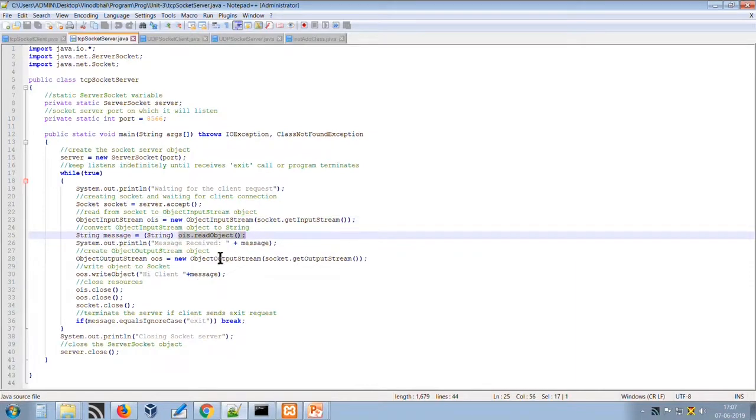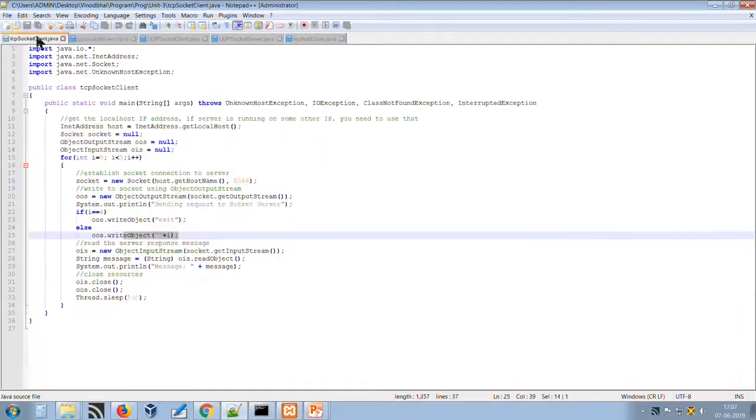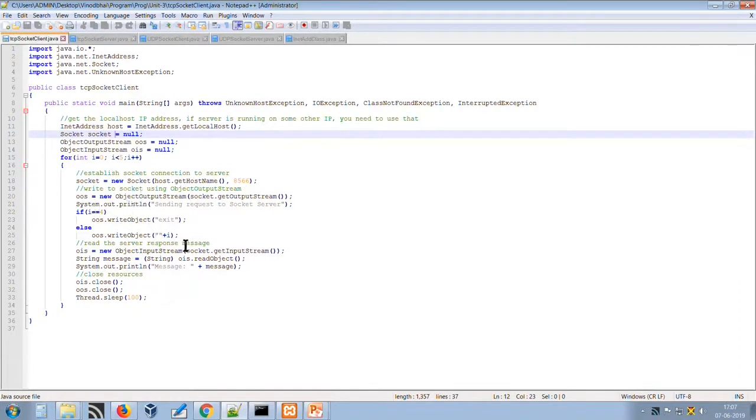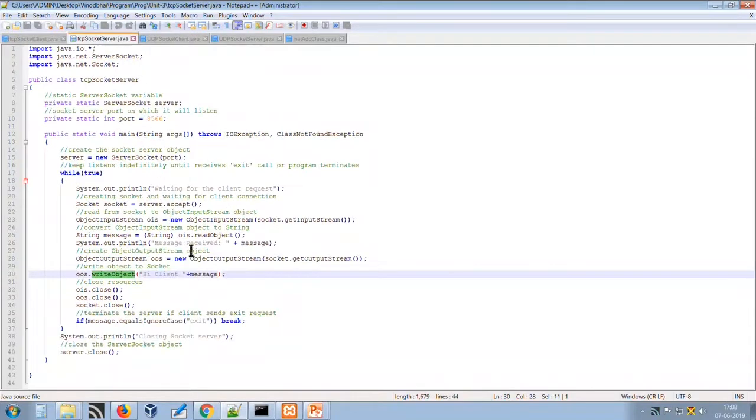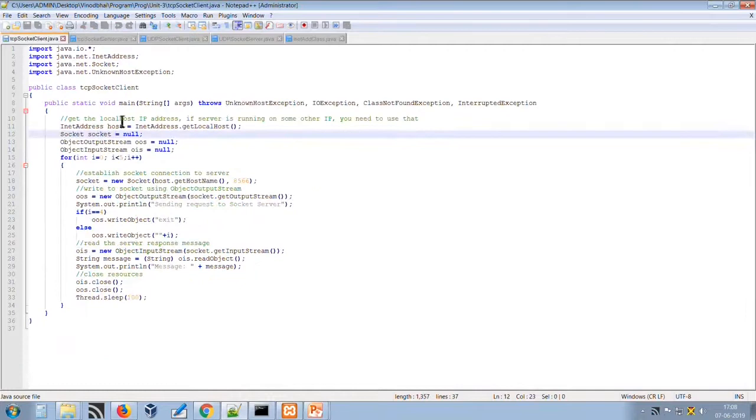And then, once again, it writes the same instance back to the client as the response using the writeObject method. So, we have simply used the input stream and output stream from the client to read the variable from the for loop and send it to the server. The server reads it using the ObjectInputStream and ObjectOutputStream methods to read and write data from the stream, from the pipe of the network, and it closes the connection once the communication is completed.